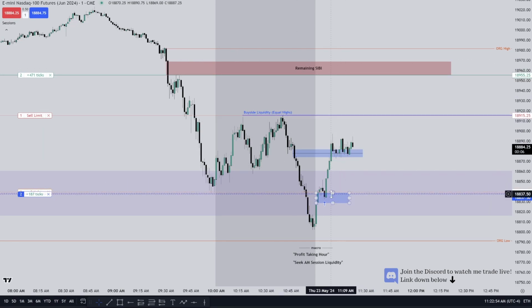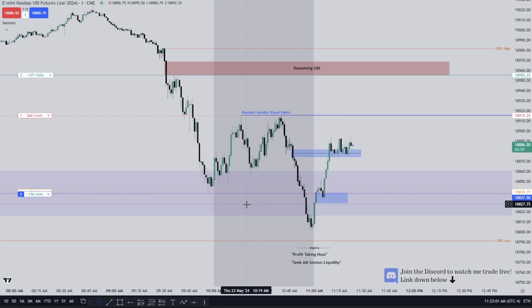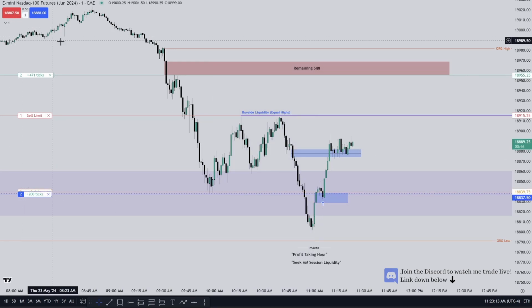And then, of course, paper trading this because it's outside of my 11 o'clock window. Very strict on my trading plan. I do not trade before 10 or after 11. Anything outside of this hour window has to be done on a demo account. It's good practice, though. Got to stay sharp.